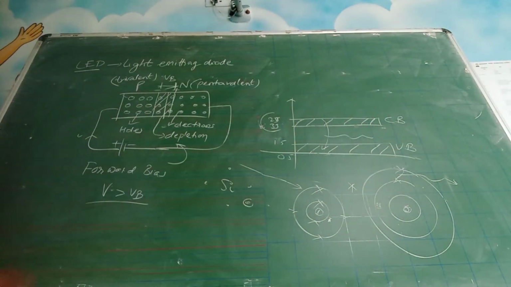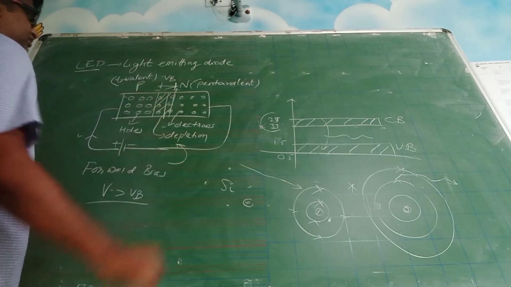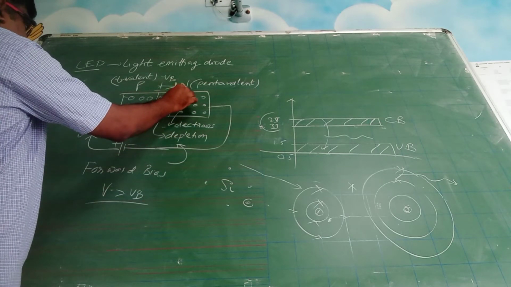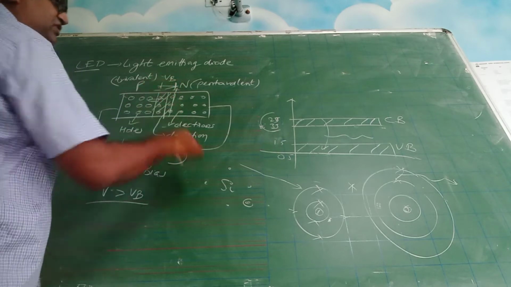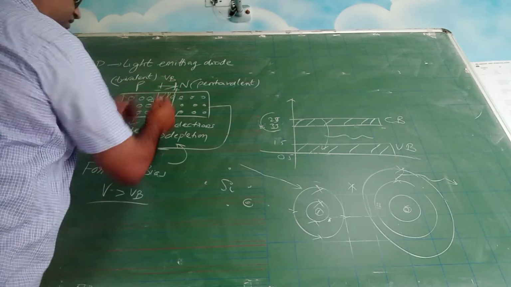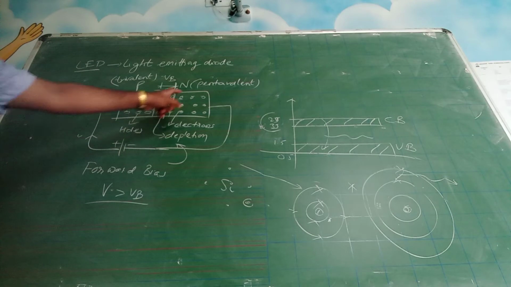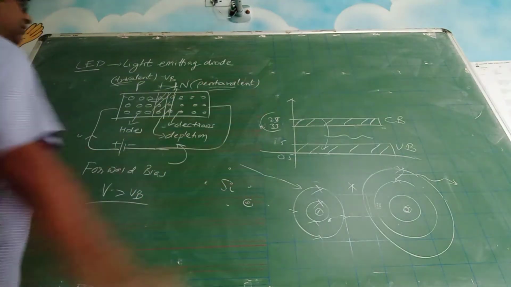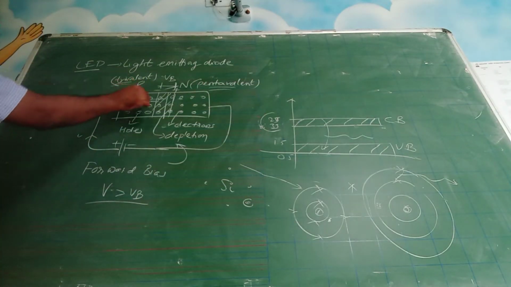Now here what happens when you increase this potential difference, initially some will cross over, but when you increase the potential further, these electrons will move over this depletion layer. There is a depletion layer over here. These electrons will pass on. What will they do? See, this is trivalent, this is pentavalent. So here holes are there already.